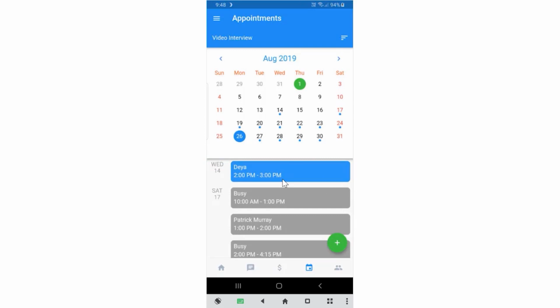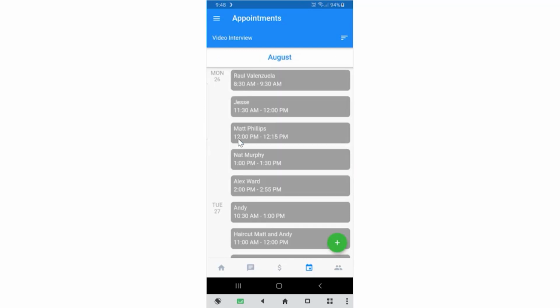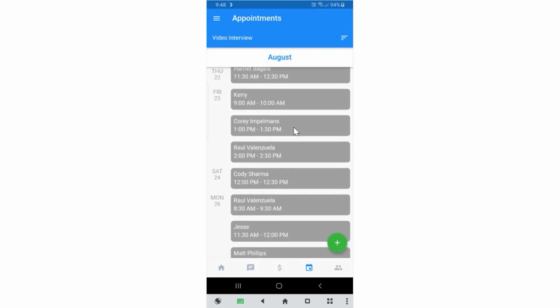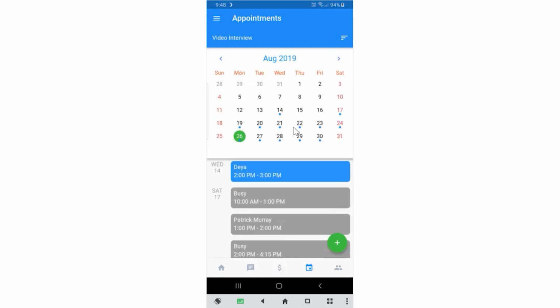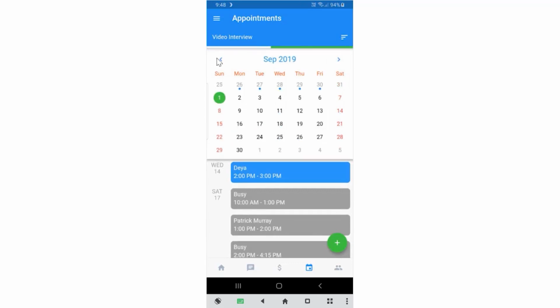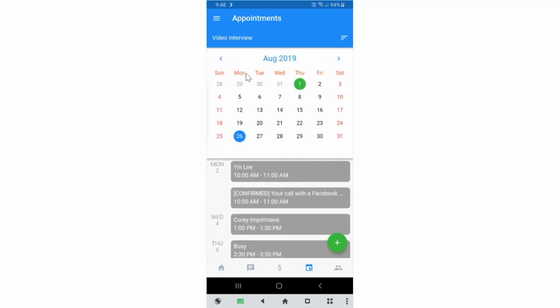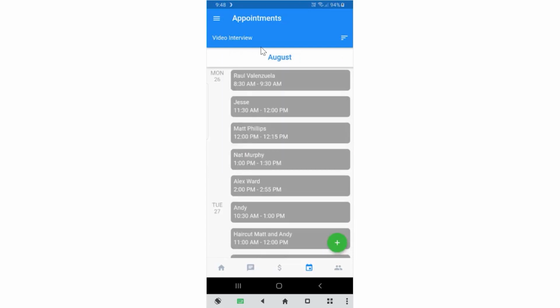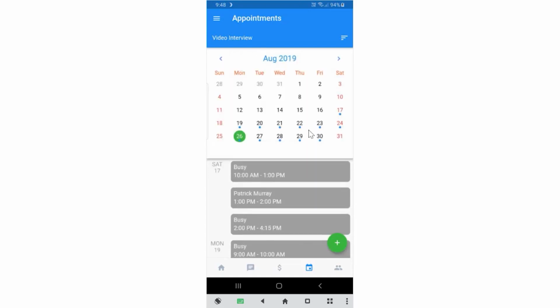So, sorry, before I show you that, I can actually click on a particular day and jump straight to that day. So I can click on 26, it will show me the 26th there, for example, right? All right, and then I can just hit the month to go back to the top, up here, and then I can change the month as I need to, whatever I want to see. But look, honestly, you're probably going to be coming in here, you're going to click to see, okay, what are my appointments today? But the other function that you'll use is the plus button here that shows you how to